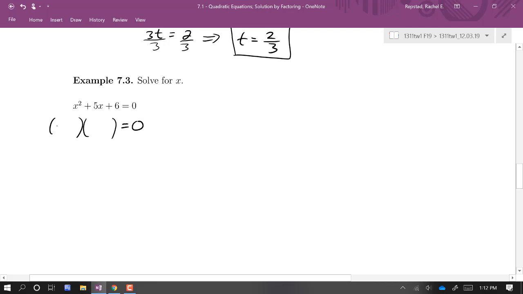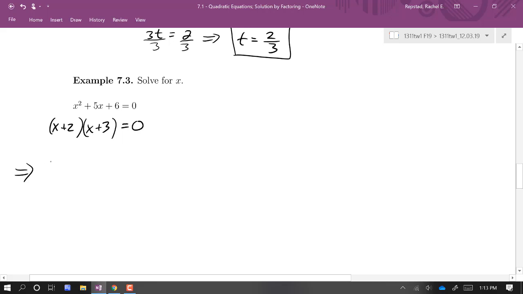This one's already set equal to 0. So our next step is, can we factor the left side? X plus 2, X plus 3. So we need an X and an X to get to x squared. 6 is either 1 and 6 or 2 and 3. They both have to be the same sign to give us a positive 6. And then the ones that end up giving us a plus 5x when we FOIL it out are plus 2 and plus 3. So now this product is equal to 0, and that allows us to invoke the fact